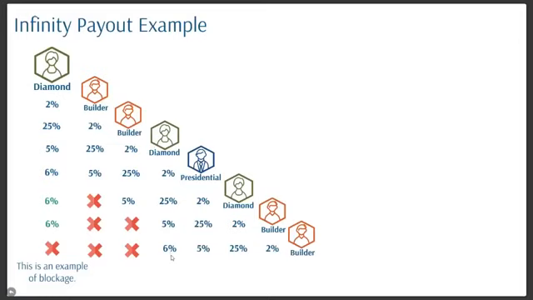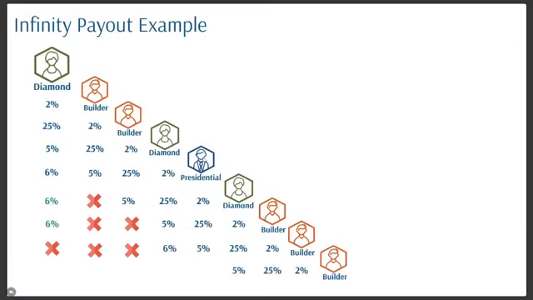So the next percentage that we're going to be looking to pay is that fifth percentage. A diamond doesn't qualify to get paid that fifth percentage. So we're going to be looking for a presidential diamond or above. That would be above this diamond. I didn't make the chart go all the way up there, but we'll go find somebody who's a presidential diamond or above in that chart and pay it out. So I do have some space down here, so why don't we go ahead and give an example of how that would look.